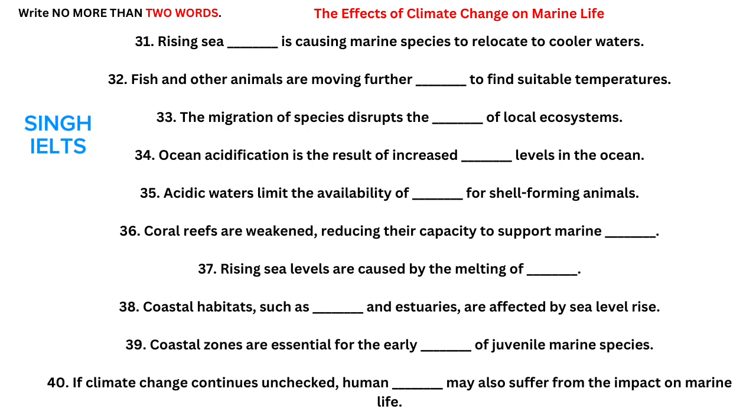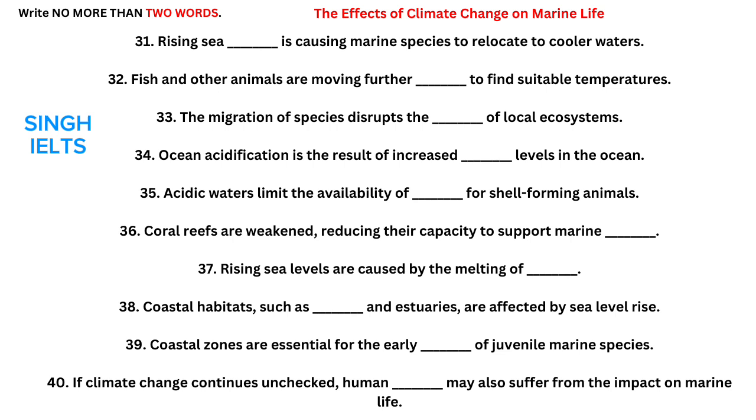Additionally, ocean acidification, caused by increased levels of carbon dioxide absorbed by the ocean, poses another serious threat. Acidic waters affect shell-forming marine animals, like corals and mollusks, by reducing the calcium carbonate available for shell formation. This weakens the structures of coral reefs and diminishes their capacity to support marine biodiversity, disrupting food sources and habitats